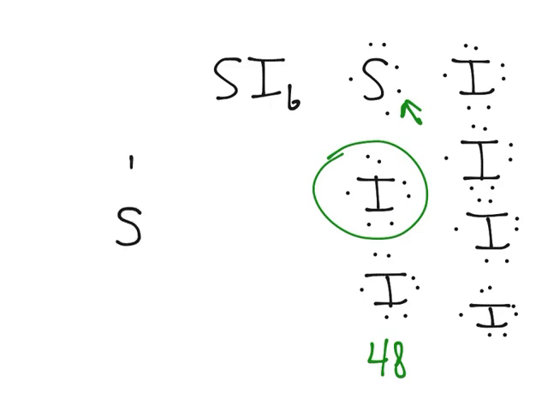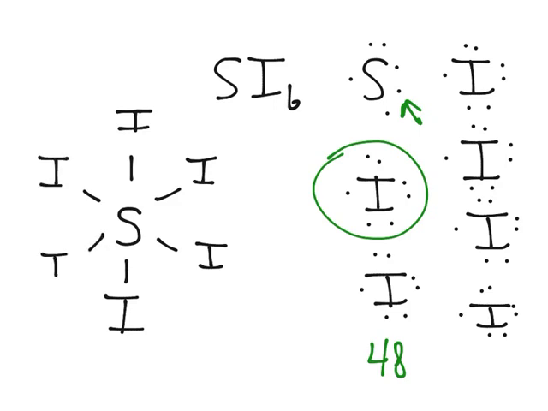And we'll go ahead and surround him with 6 iodines. I always recommend that when you have an expanded octet, you start with 1 going up, 1 going down, and then surround the rest on a separate plane. I'll try to draw a little picture to help you see that a bit better. So again, you've got kind of a north pole and a south pole, but then these 4 other ones are lying in a square on a separate plane from those